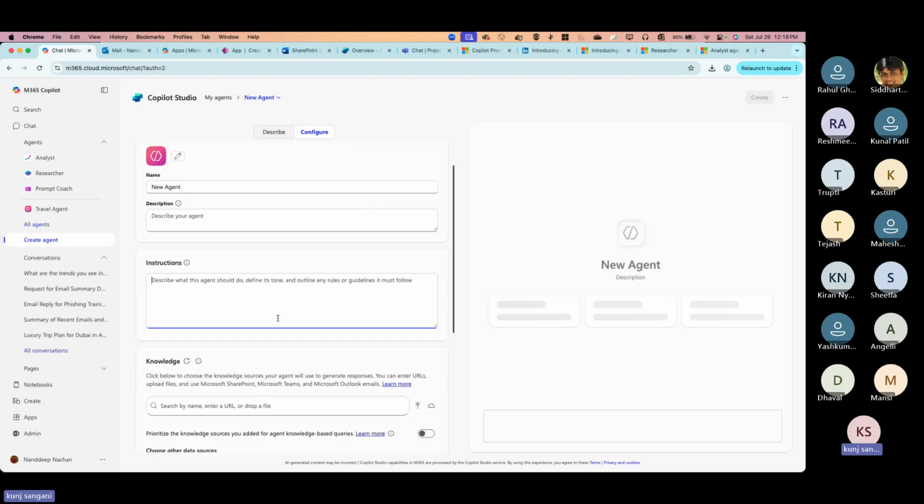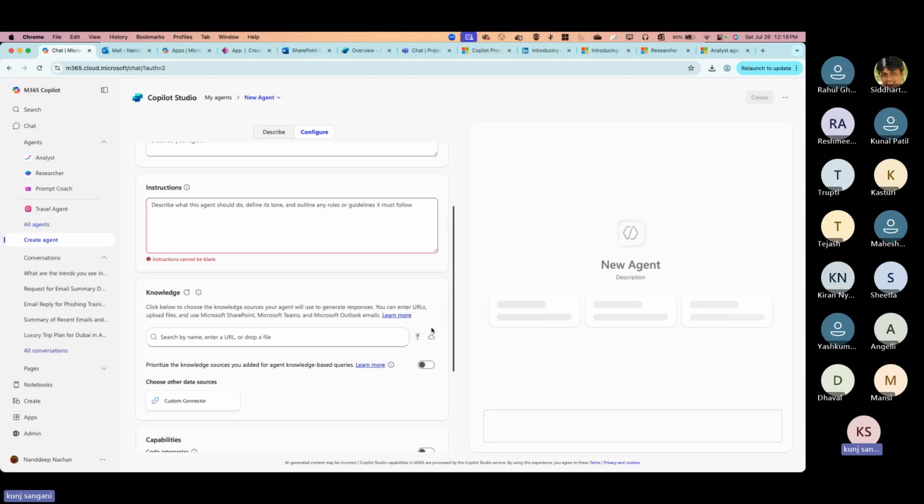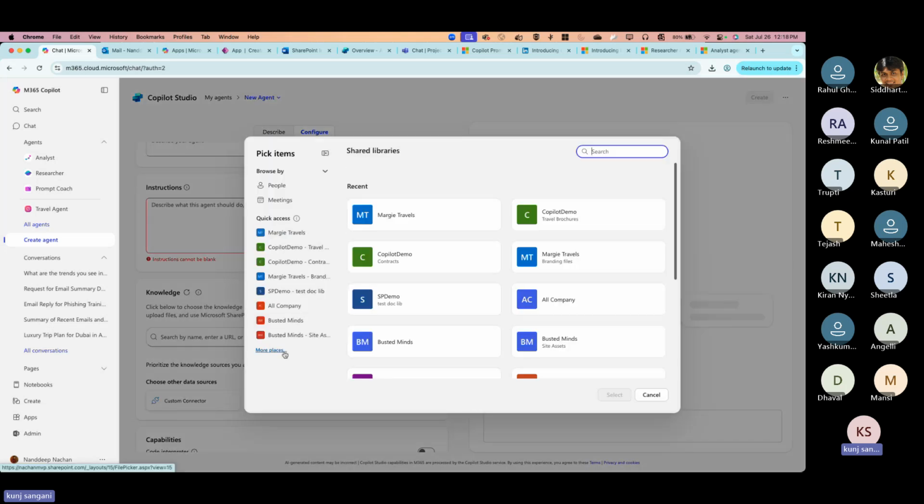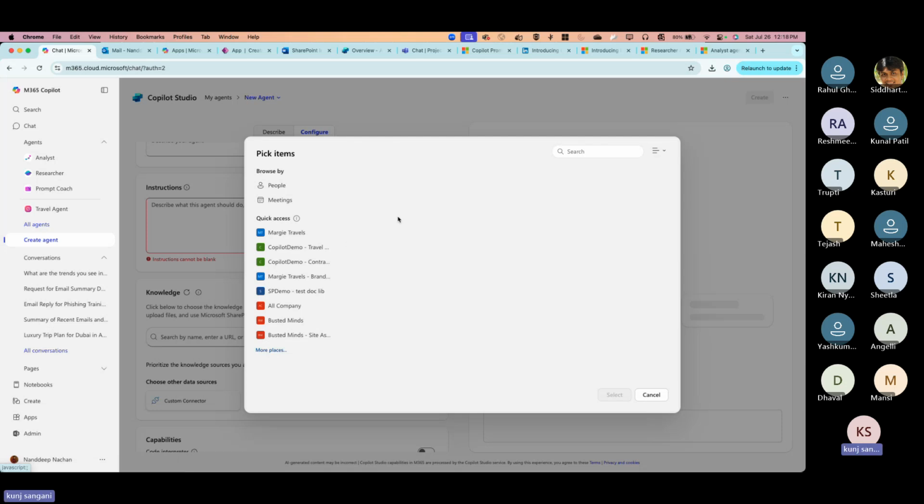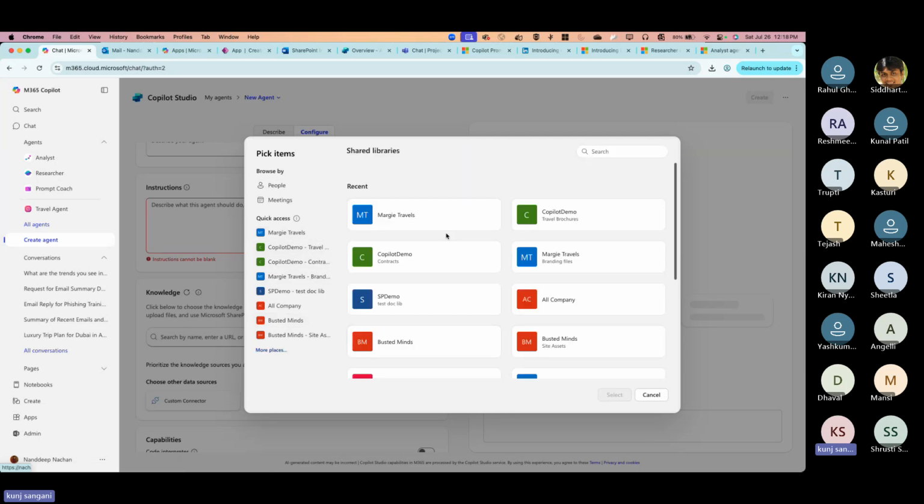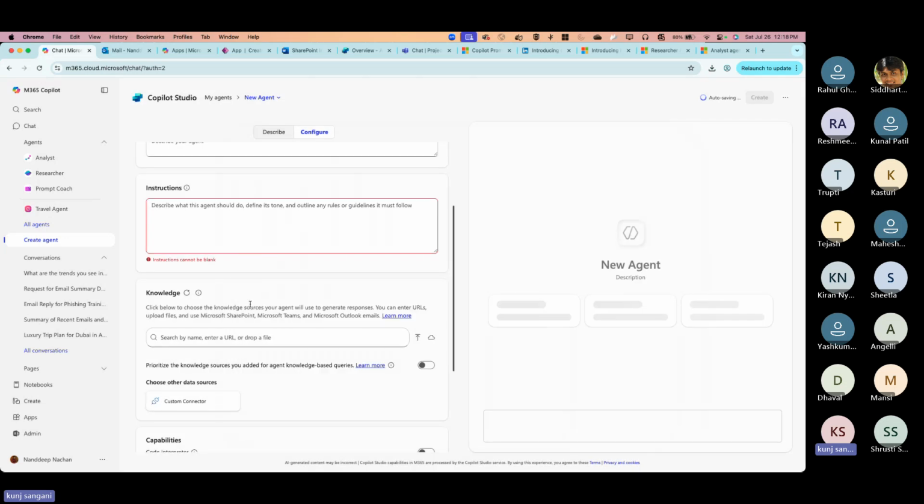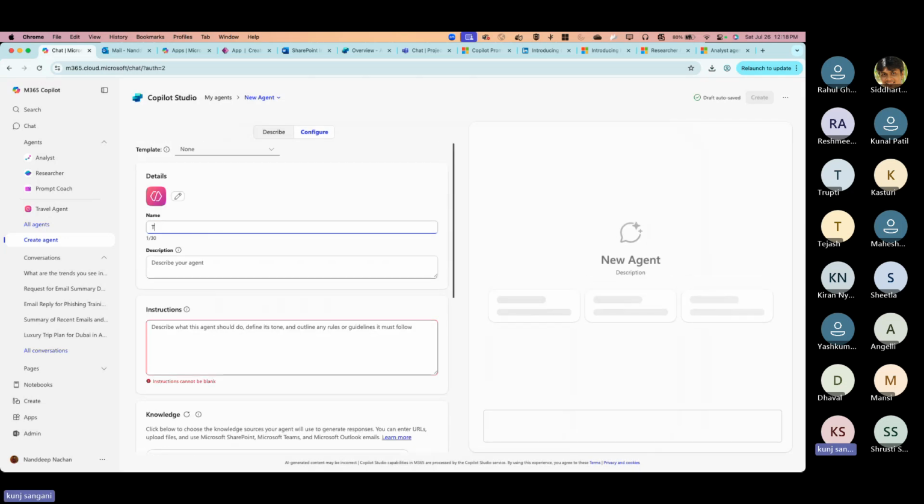You can provide an instruction. You can add knowledge, so you can upload your file. You can say, okay, my file is coming from, for example, SharePoint. So I can say more places, go to market travels, get those files. Based on that, let's create a sample agent. If I go to Copilot demo, I have a list of documents called travel brochures. I can select all this and say, now I will create an agent which is called a travel agent